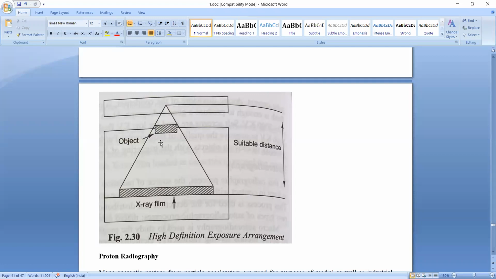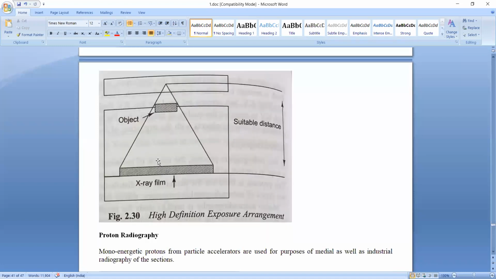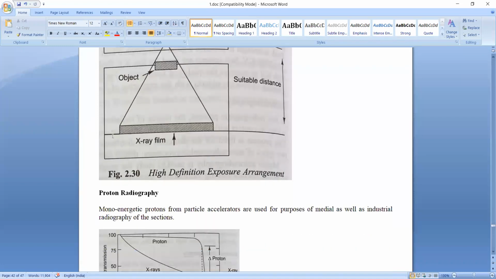Okay, based on this distance, we can calculate the size of the defect by accounting for this magnifying effect, using the relationship between the magnification and the distance between the film and the object. In this manner, we can find the minute defects and observe them in a large manner. Here in high definition radiography, we can get information related to small defects, and at the same time, we can observe the defects in an effective manner.